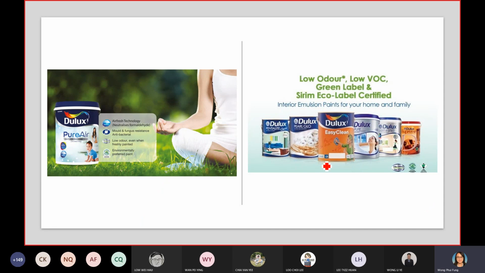So these are some of the materials that the developer can choose. Can you see here? The paint is low odor, low VOC, green label. Which means that when you paint already, you won't smell a bad paint smell. When you go inside a building and the paint smell is very strong, definitely the paint has some problem. So that's why the developer can make a choice of what kind of material to use. For better health and well-being of building occupants, they should always choose better materials and products.